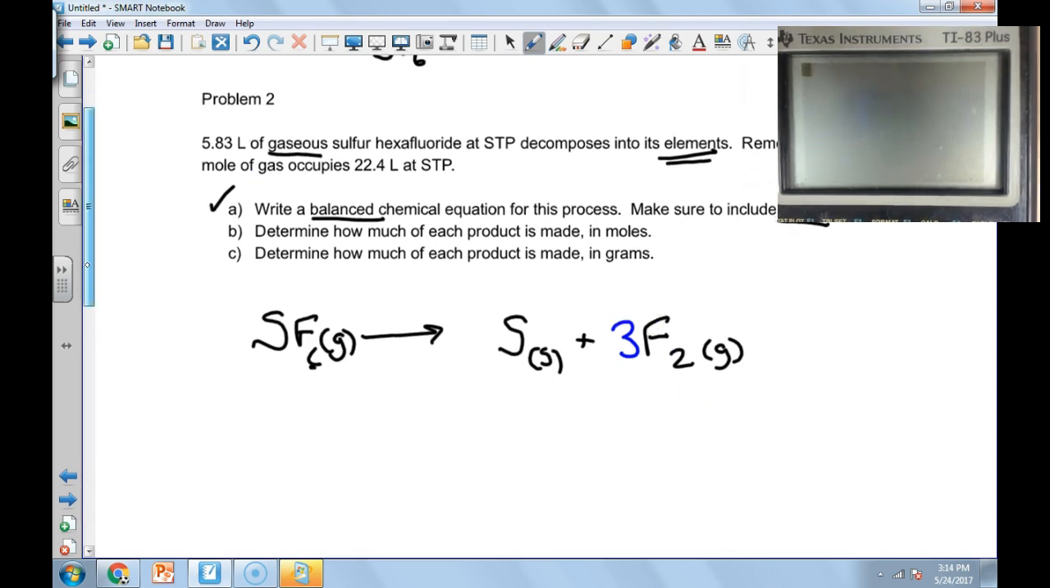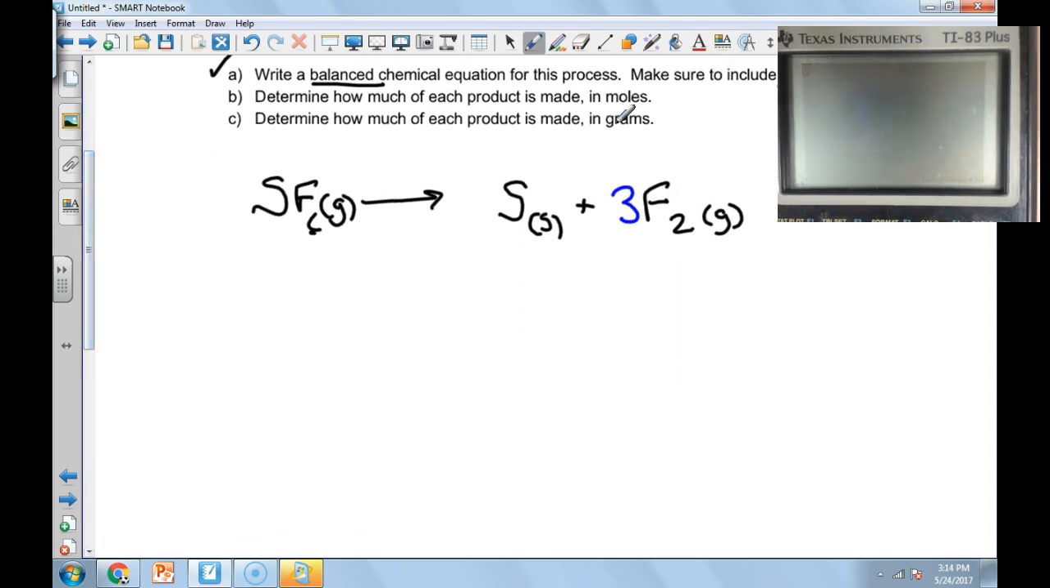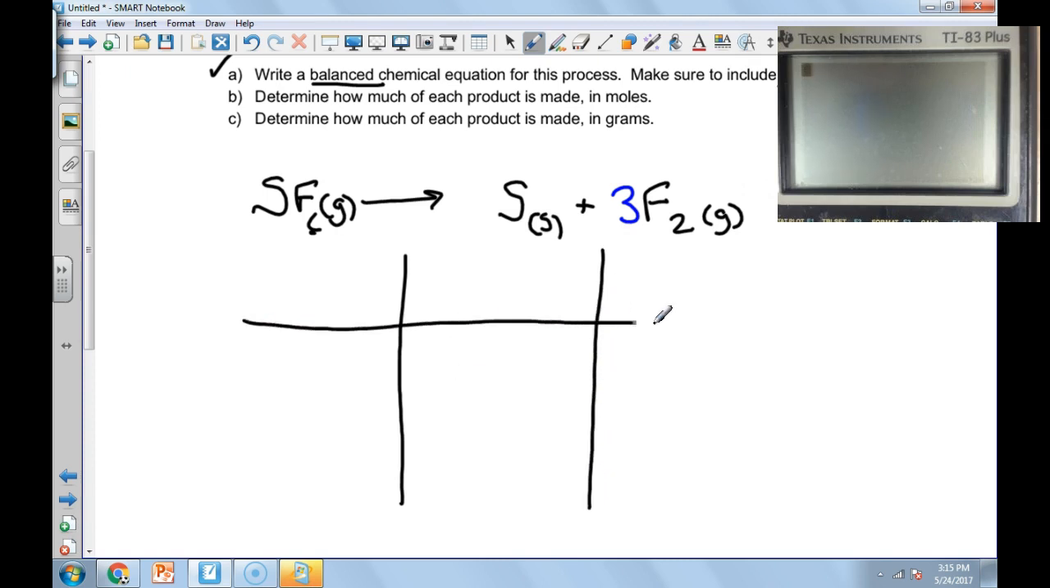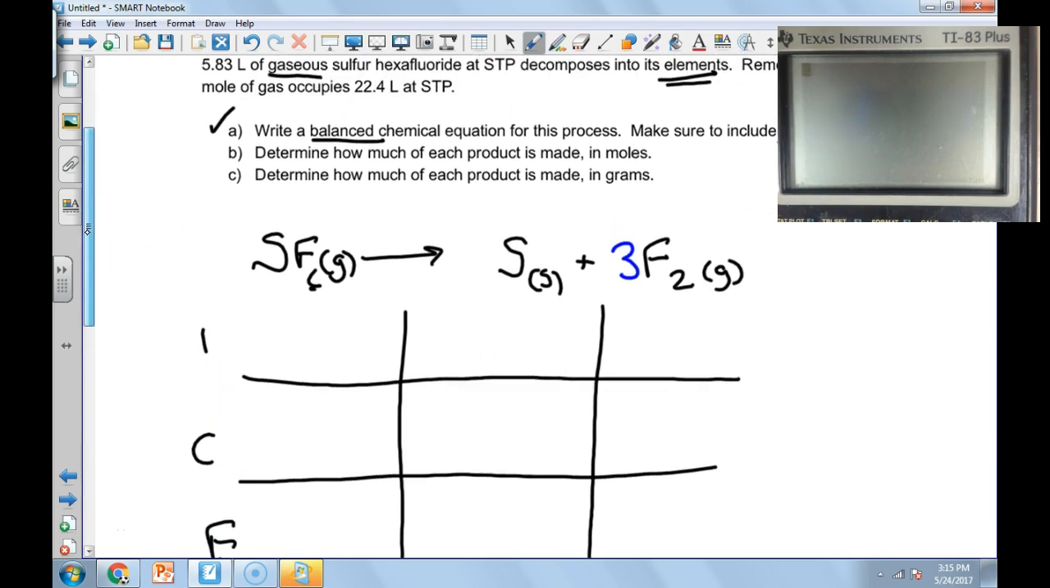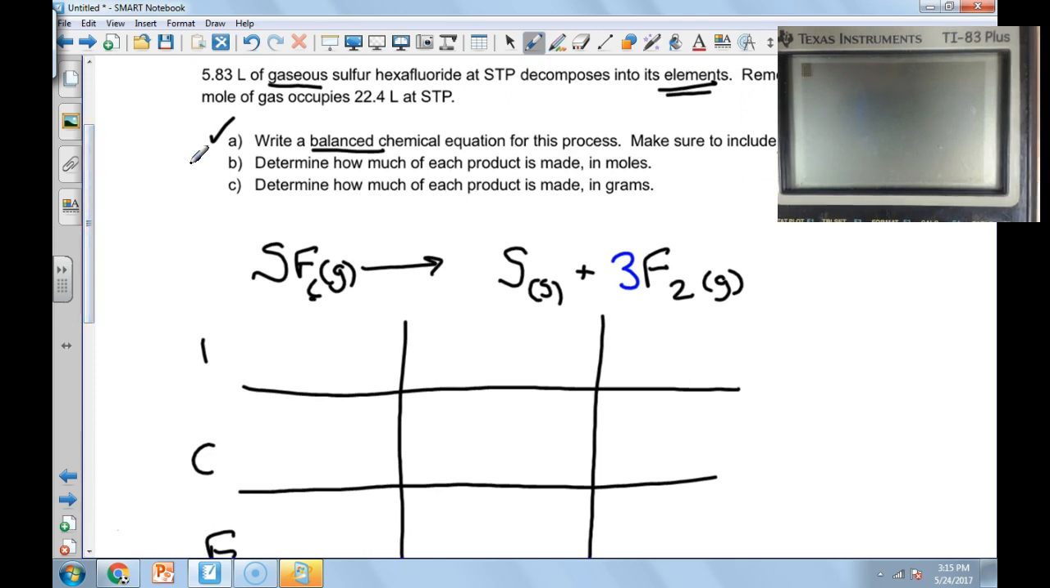The next thing that we need to do is determine how much we're making in moles. So we're going to write our ICE chart. Notice I'm going to do this in 3 columns. And when I do this in 3 columns, I'm having 1 column for each thing in the reaction. Okay, I'm going to go ICE. Okay, and now what do we have going on? Okay, is that we have, I'm going to put this in green here, we have